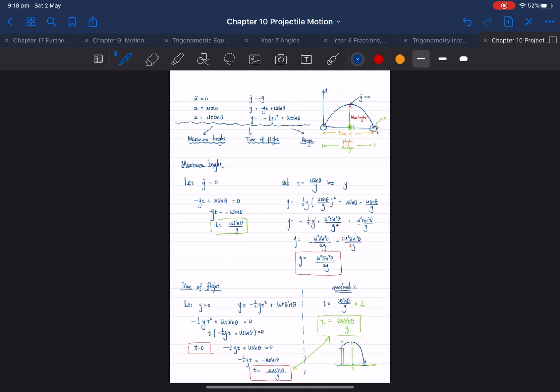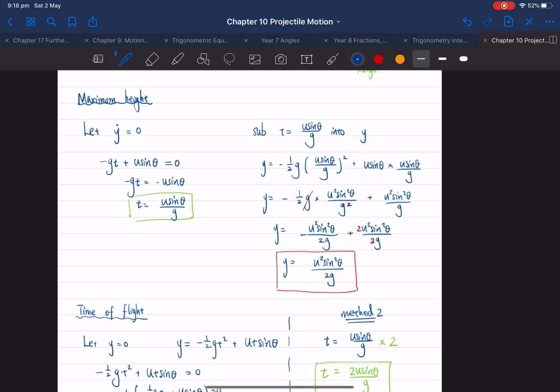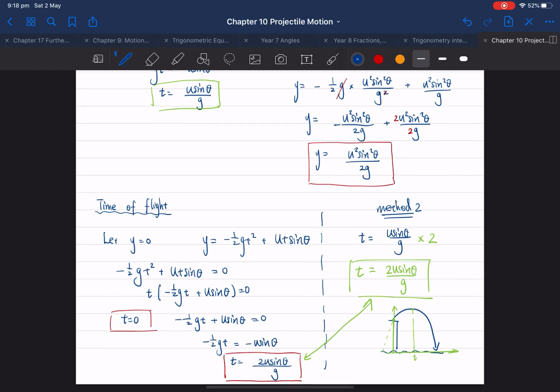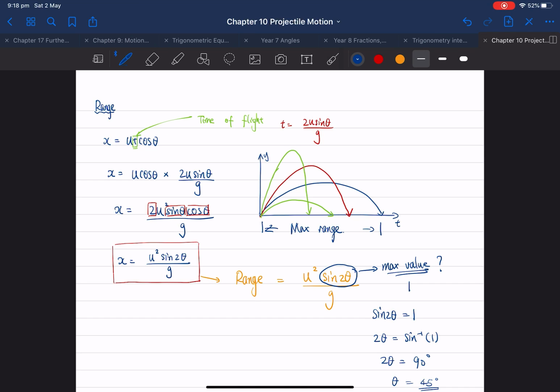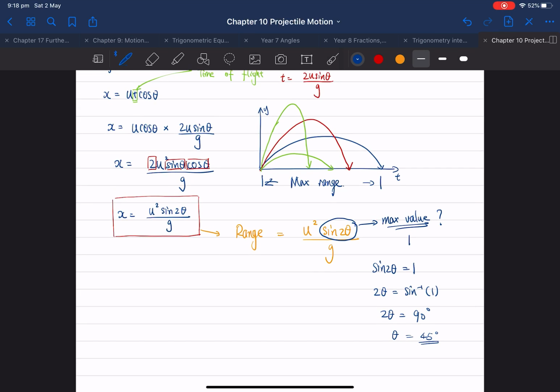And once you know that, make sure you know how to find the maximum height, what is the process to find the time of flight, and then the last one is how do we find the range, as well as what is the best angle of projection so we can have the